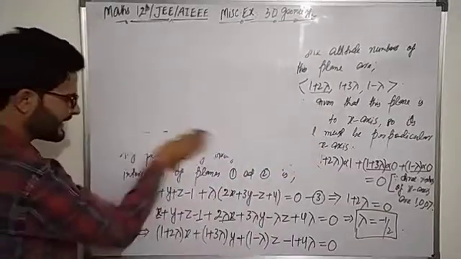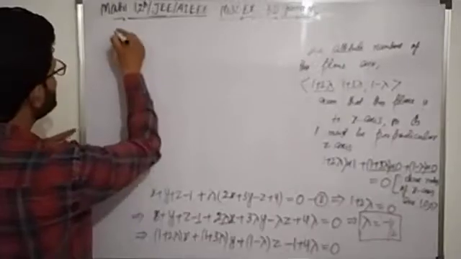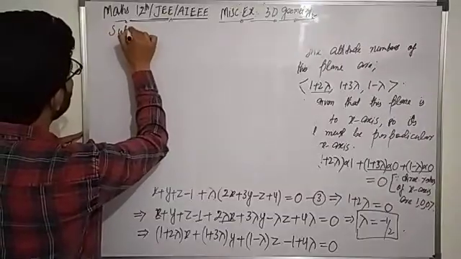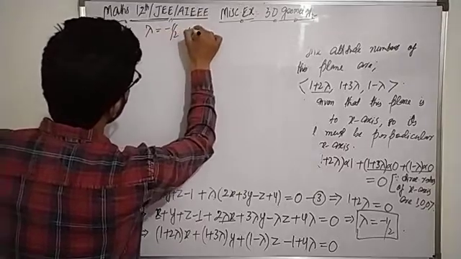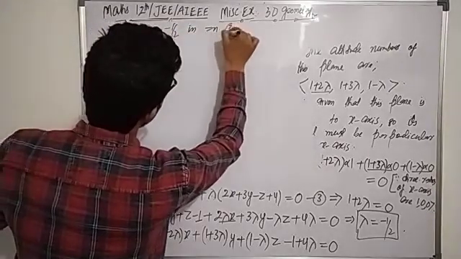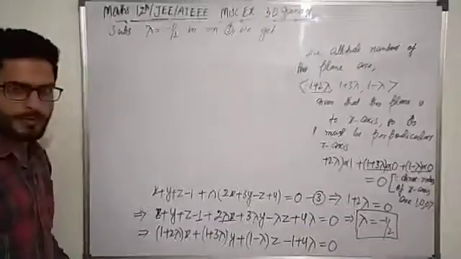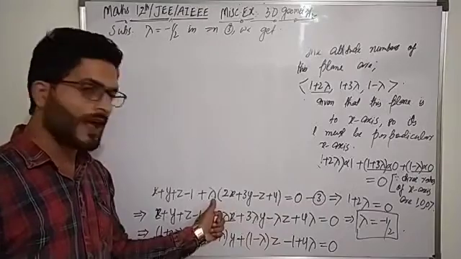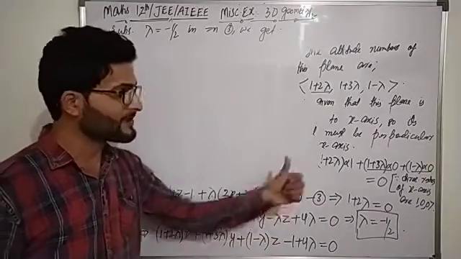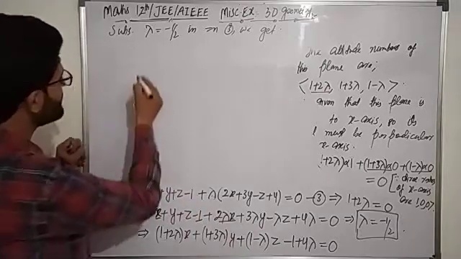Substituting lambda is equal to minus 1 divided by 2 in equation third, we get the equation of required plane. क्योंकि equation third ही है actually equation of required plane, लेकिन इसमें ये value था lambda unknown जो हमने इस method से निकाला है. अब उस lambda को वापस substitute कर देंगे तो क्या मिलेगा,